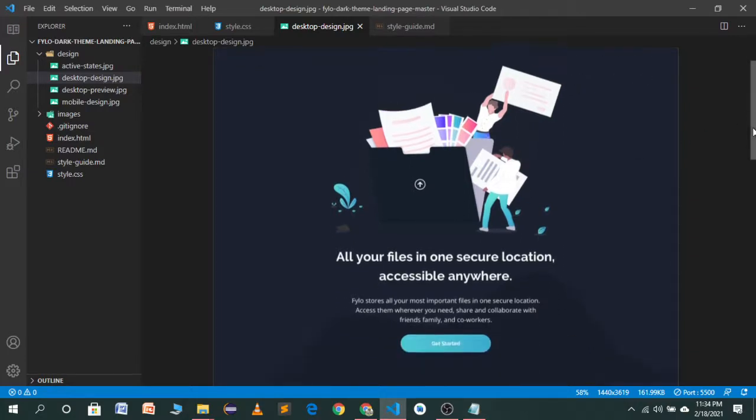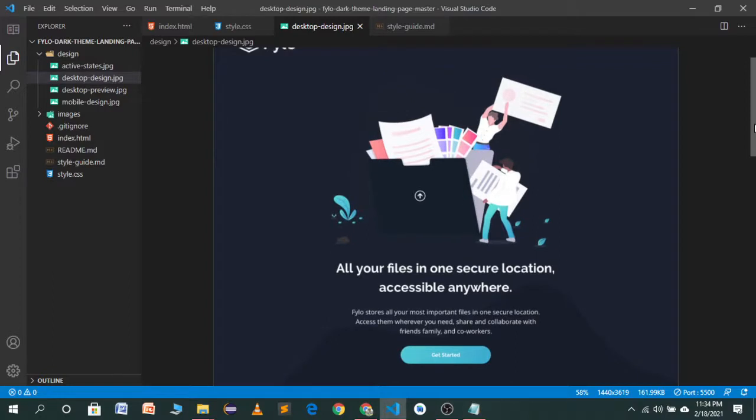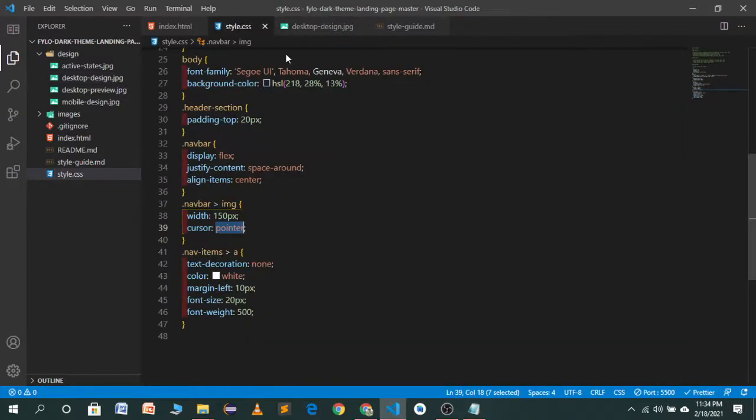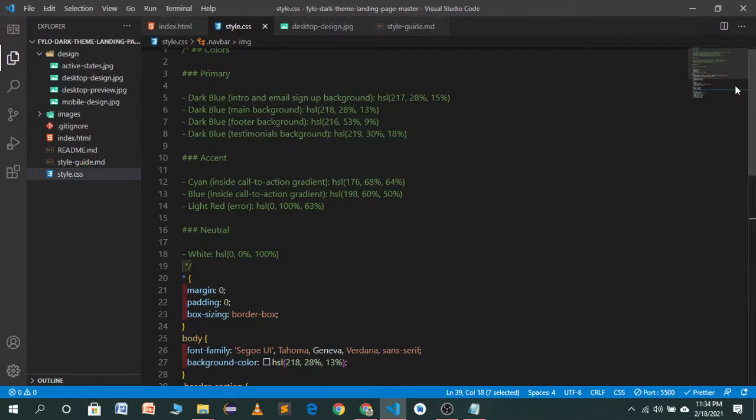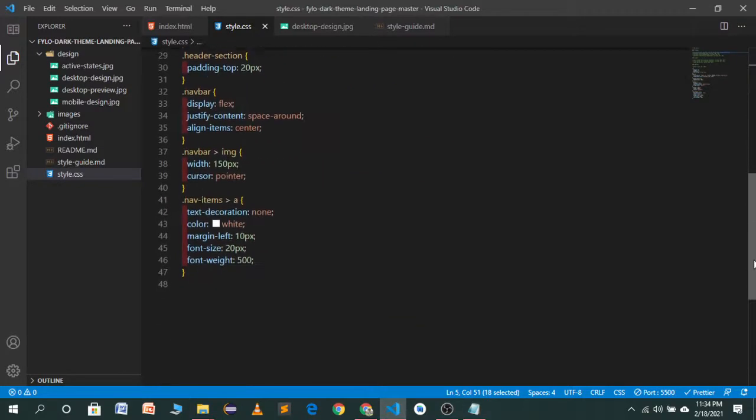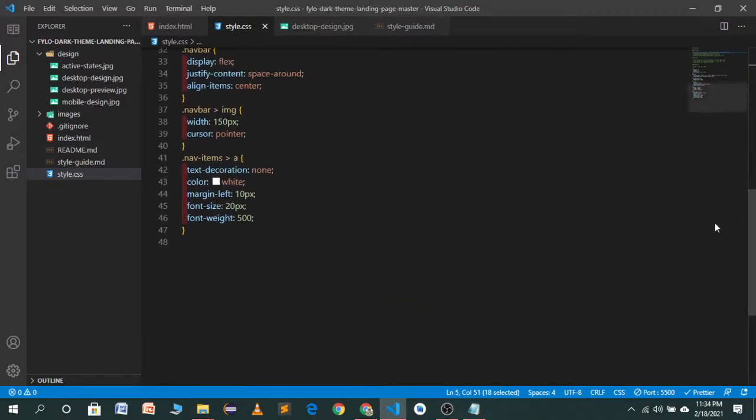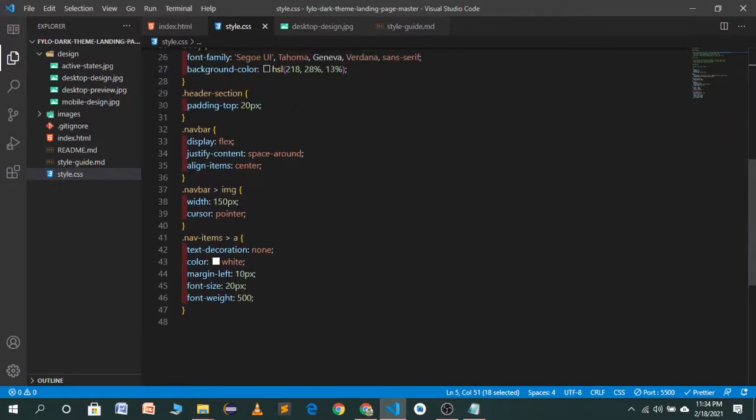The second part is, basically, you will see we want a different color in the background of our header section. So for the header section we will use a background color of this one. Copy this color and paste it in the header section.